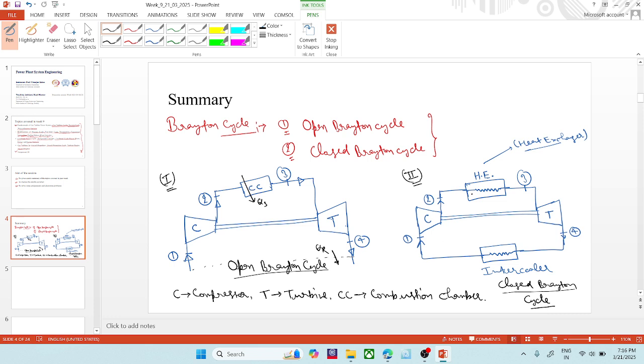So heat is exiting from here. Similarly, heat is supplied from this heat exchanger, and the excess heat is released in this